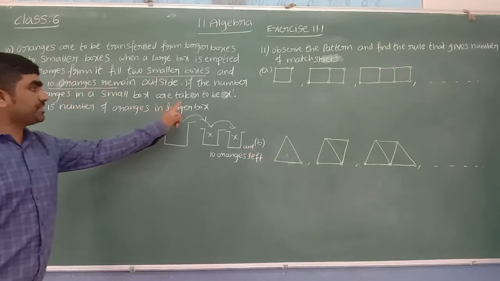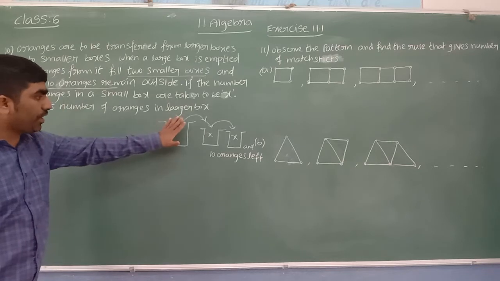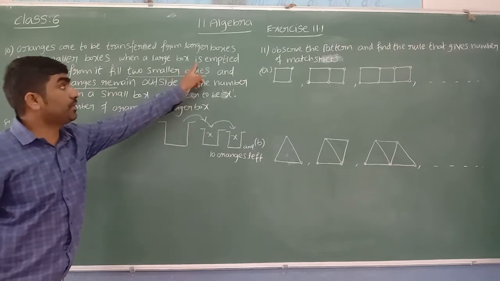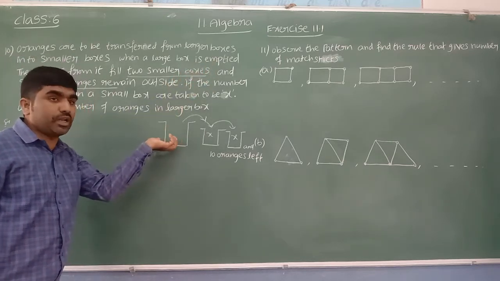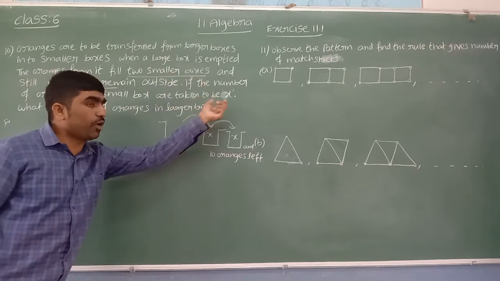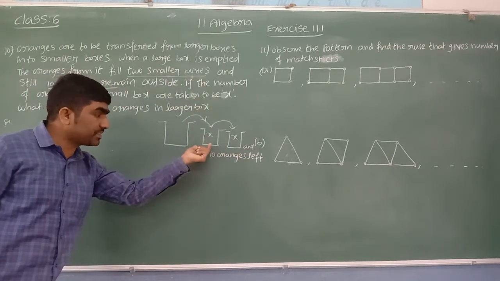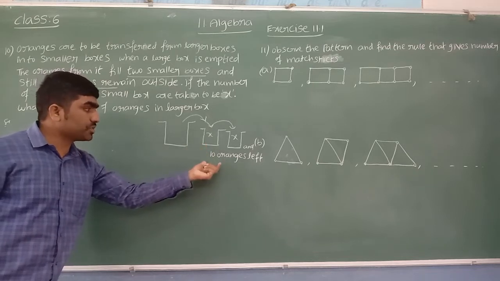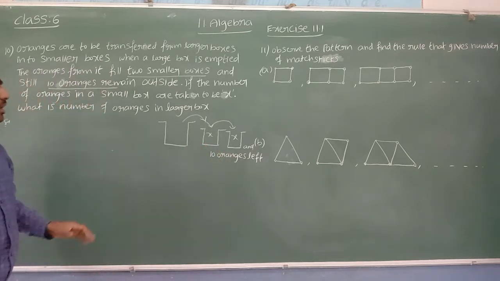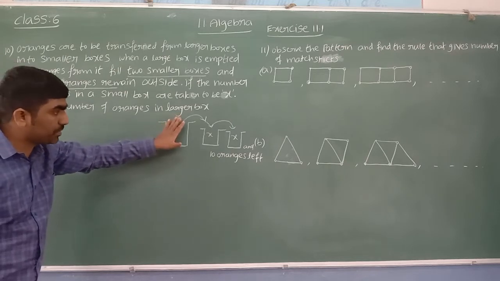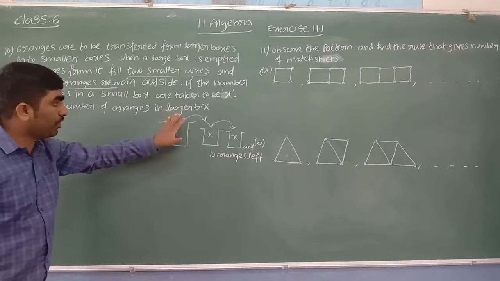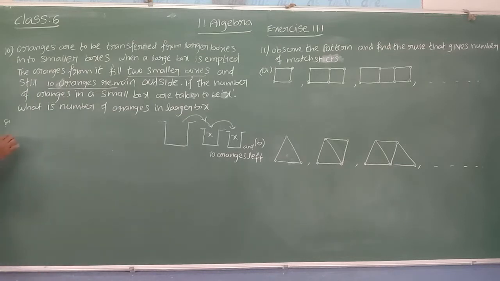What is the number of oranges in the larger box? Now there are no oranges in the larger box; they said it is emptied. All the oranges from the larger box were filled in two smaller boxes with x oranges in each box, and also 10 oranges are left. Now to know the number of oranges in the larger box, we can write: number of oranges in larger box